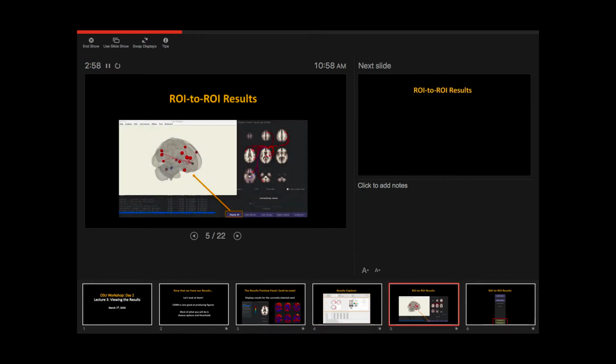For the ROI to ROI results, we can start to get into building these network graphs. So you'll see that for every ROI, we have a correlation for every other ROI in the brain, as opposed to seed to voxel analyses. So you can create figures like this, displaying what the strength of the connectivity is, what's the direction of the connectivity result, and also we can look at these so-called